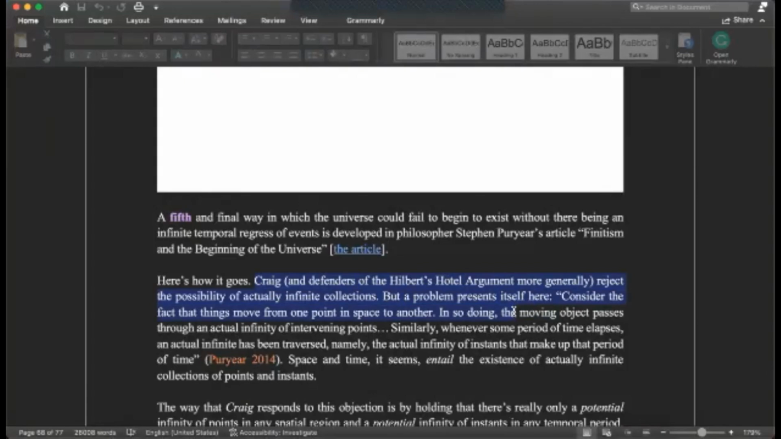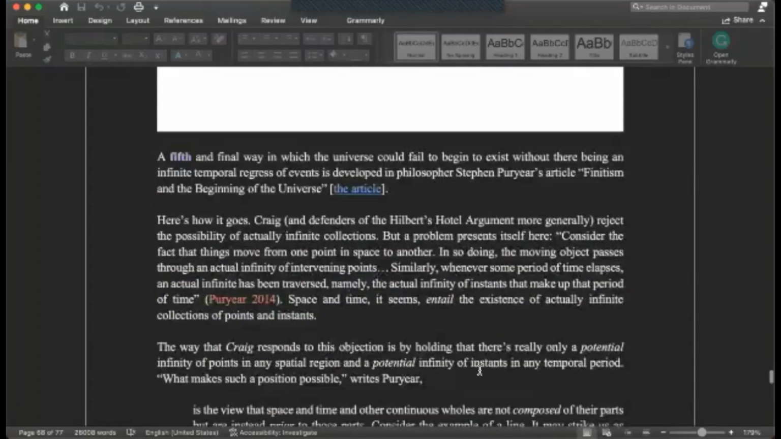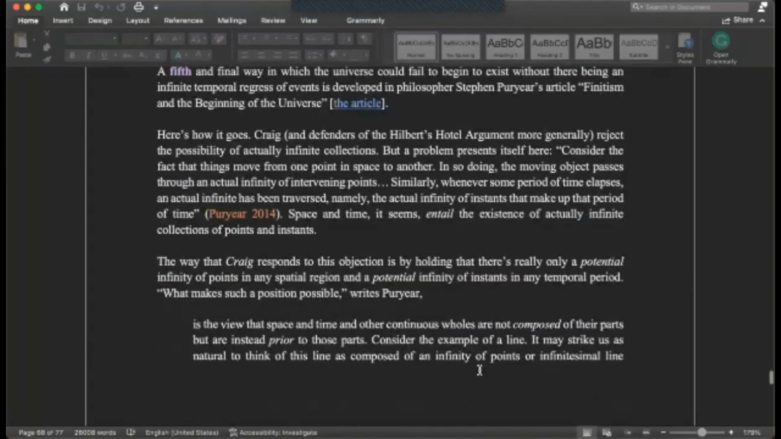Similarly, whenever some period of time elapses, an actual infinite has been traversed, namely the actual infinity of instants that make up that period of time. Space and time, it seems, entail the existence of actually infinite collections of points and instants. The way that Craig responds to this objection is by holding that there's really only a potential infinity of points